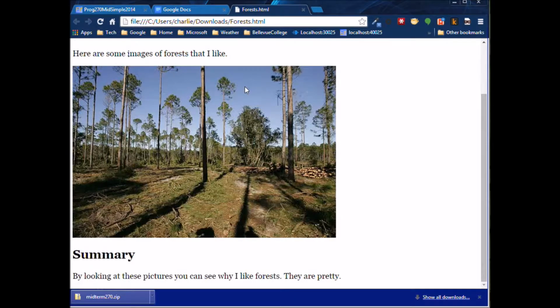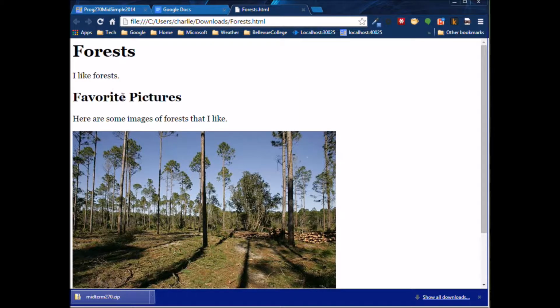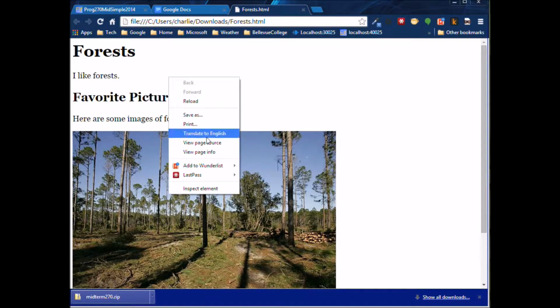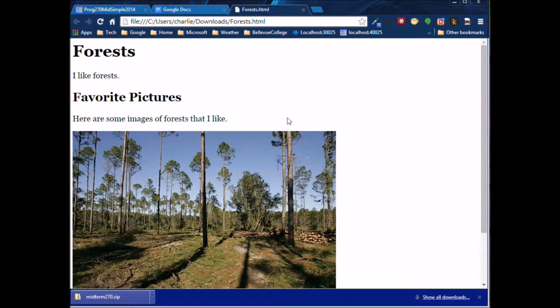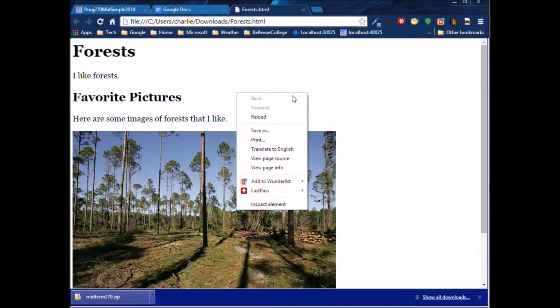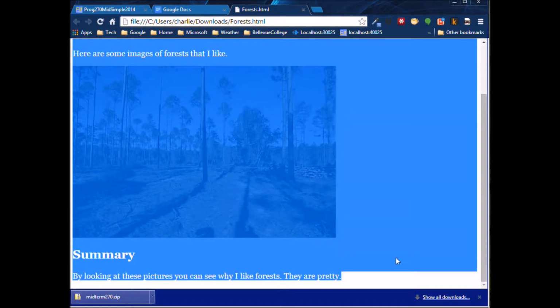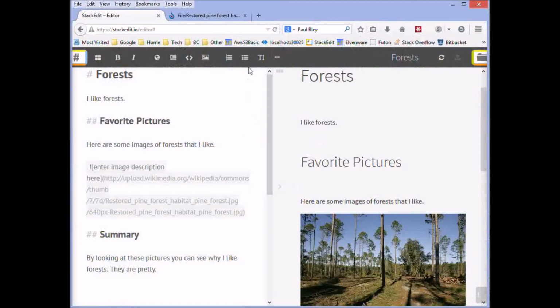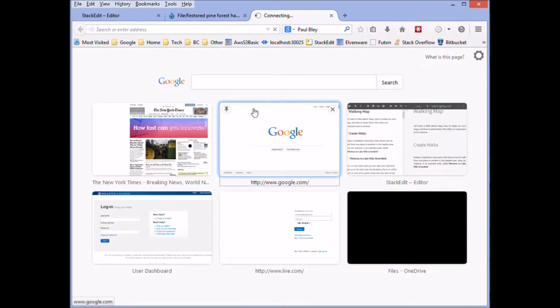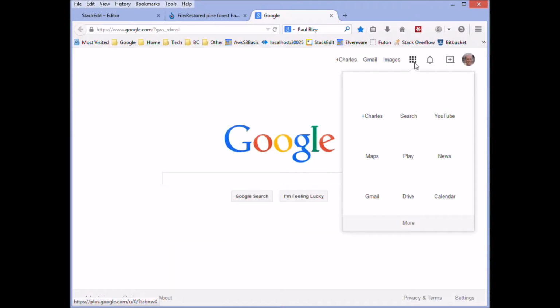So I double click on the HTML file and up comes my document. Then I can right click and it doesn't give me the option I want, but I can just simply select the document and choose copy. And then I'm going to come over here now, and now we want to create the document first in Google Drive. So I'll come over here to Google Drive, and